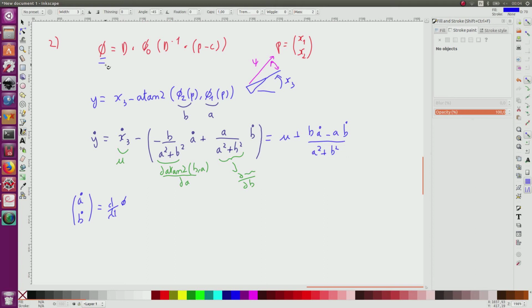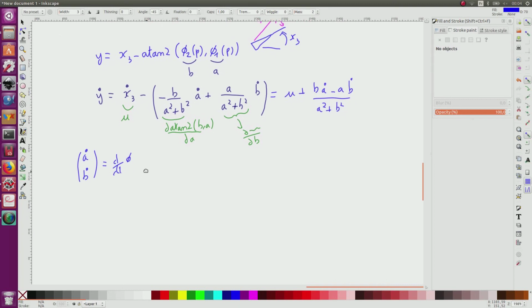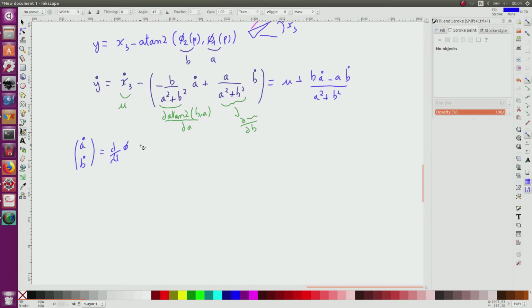So I obtain that it is the derivative with respect to t of d multiplied by phi 0 composed with t minus 1 b minus c. I can put the d out of the parentheses,